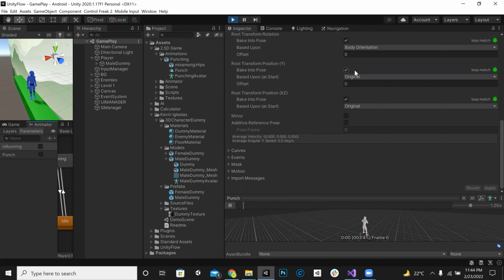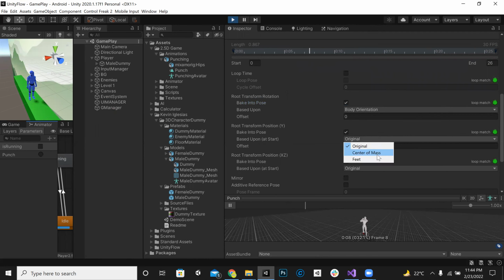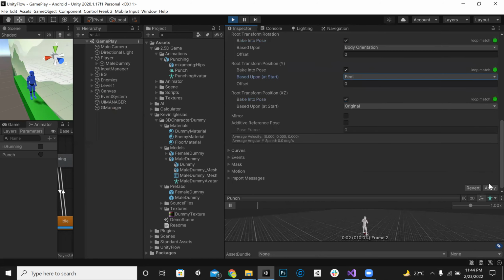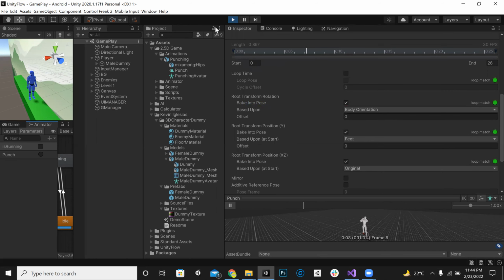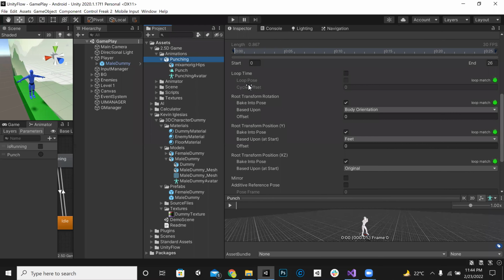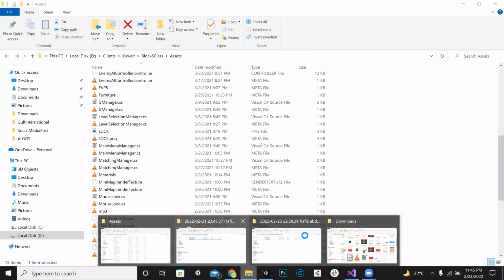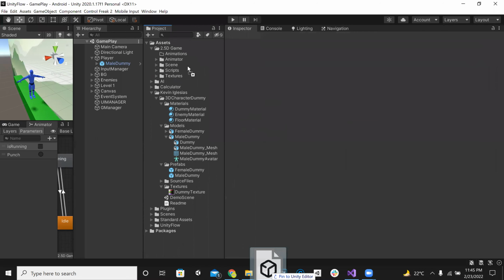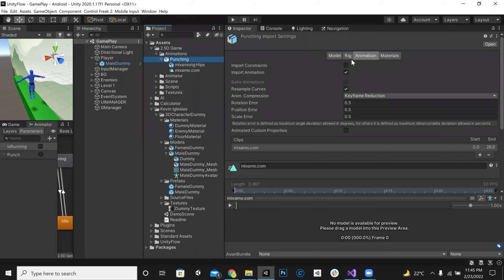Yeah, bake into pose was the key part, actually. The center of mass. The position is fine. The root transform position is fine. What we can do, we can just delete this animation for now. We can download this again, and make it